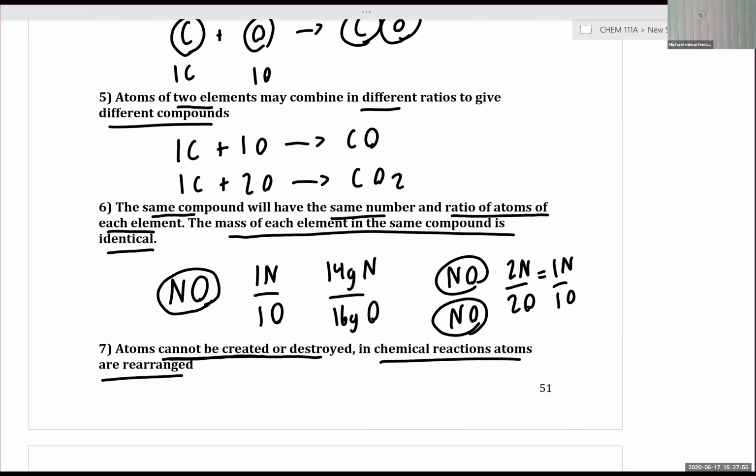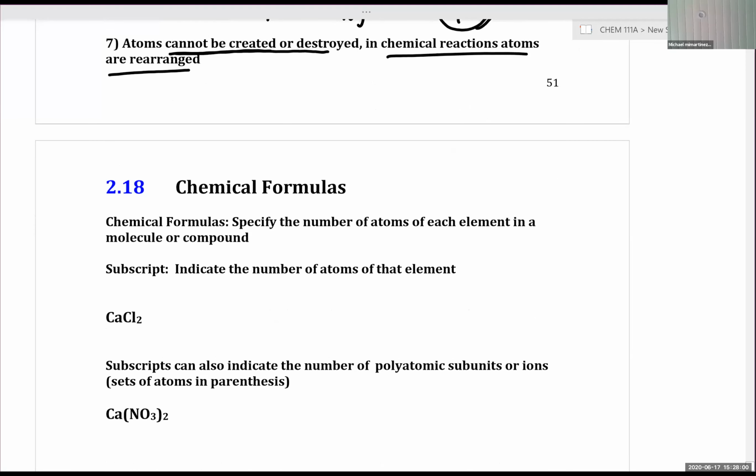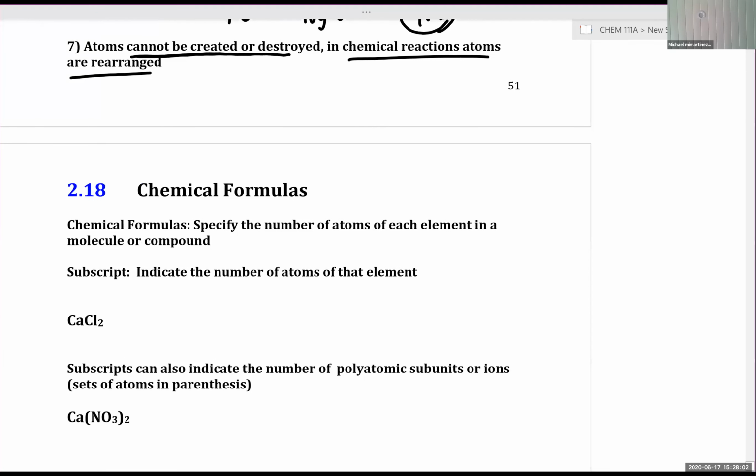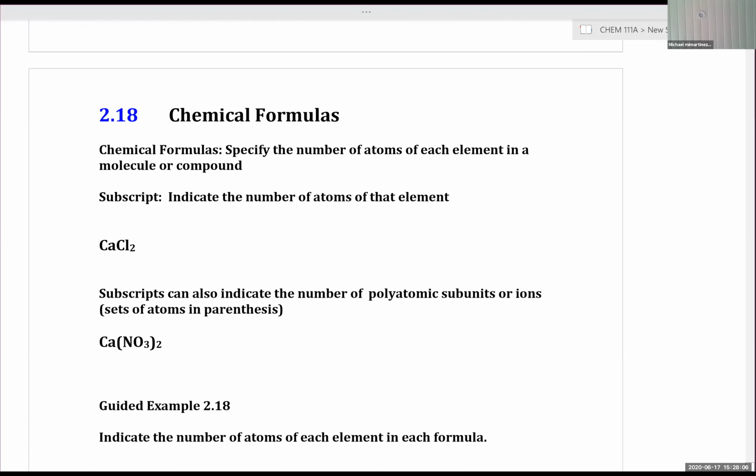The last thing we're going to do is close out with a discussion of chemical formulas. We've already been applying aspects of chemical formulas in our discussions already, but this is an important skill that we want to develop before we start to discuss chapter 3. So chemical formulas, quite simply, specify the number of atoms of each element in a molecular compound. So the subscript can indicate the number of atoms of that element. So in calcium chloride,